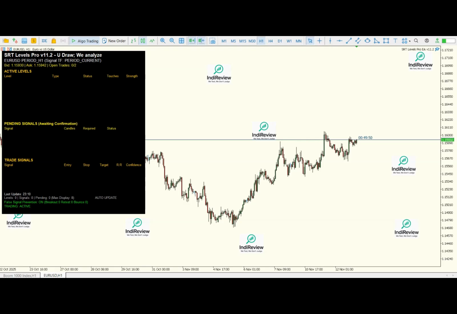Alright, so we're going to look at how the SRT Levels Pro indicator and expert advisor is able to identify support, resistance, trend lines, and then channels on your chart. So before we go on,